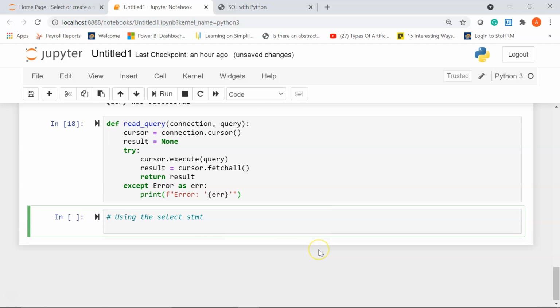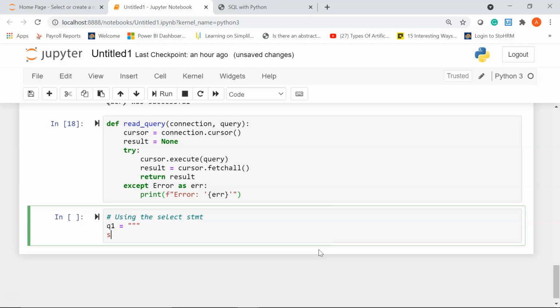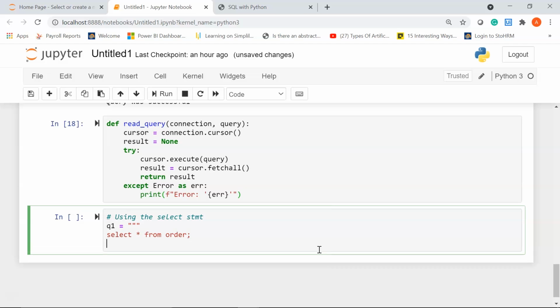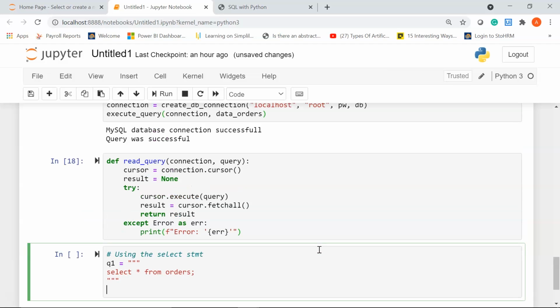The way to do it is I'll assign my query to a variable, let's say q1. I'll give triple quotes. Within triple quotes I'll write select star from orders, a semicolon followed by the triple quotes. Now we'll establish the connection.